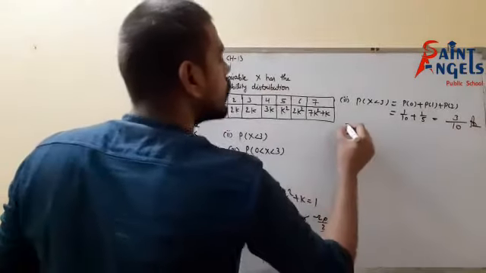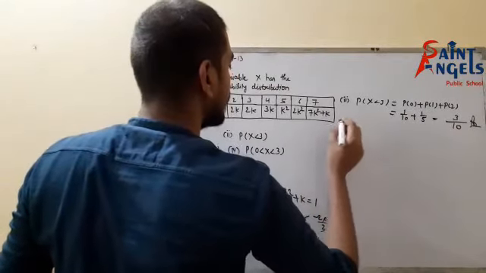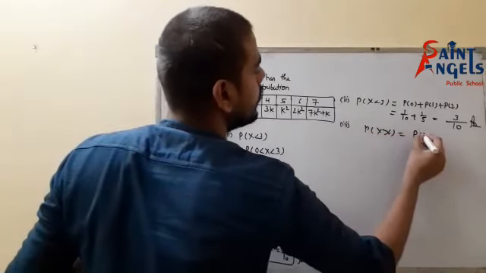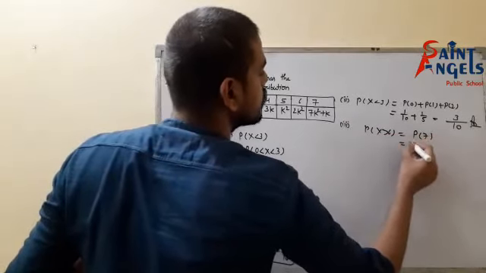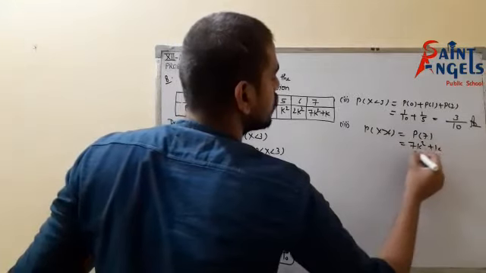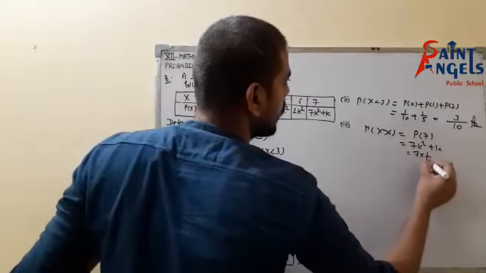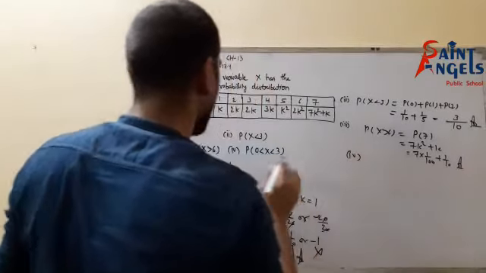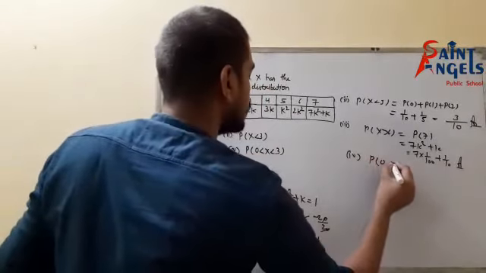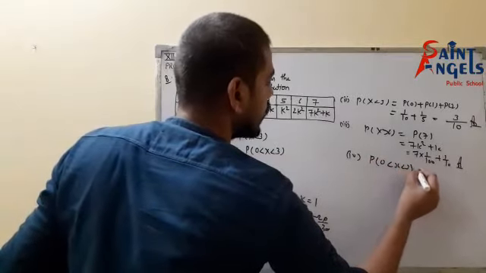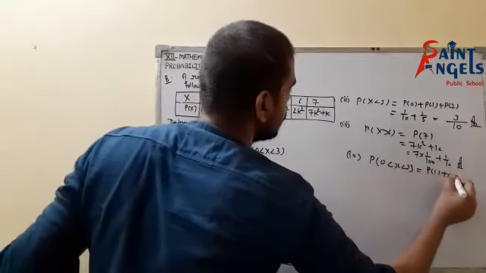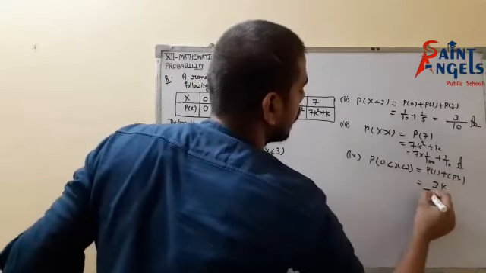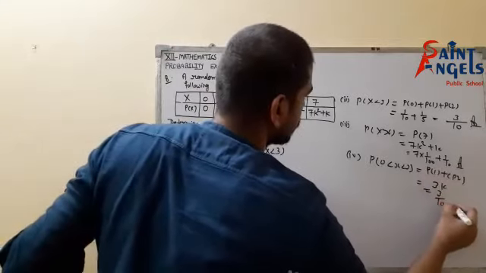Now question number 3, that is P(x greater than 6). It means simply P7, which equals 7k square plus k. So that would be 7 into 1 upon 100 plus 1 by 10. Answer. The fourth question is to find P(0 less than x less than 3), where 0 and 3 are not included. It means P1 plus P2, that is k plus 2k. It means 3k, and that is 3 by 10. Answer.